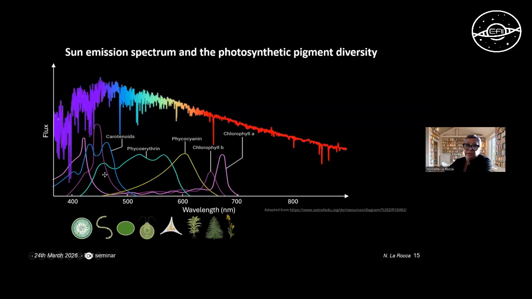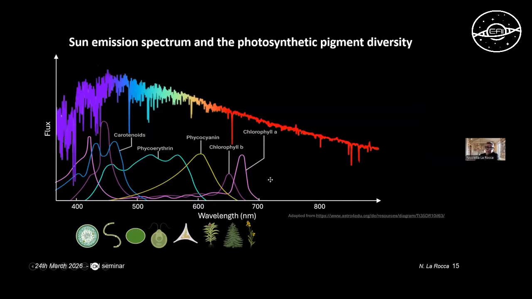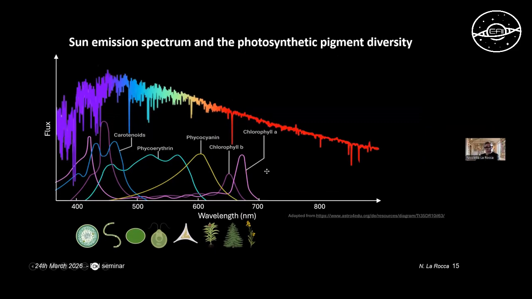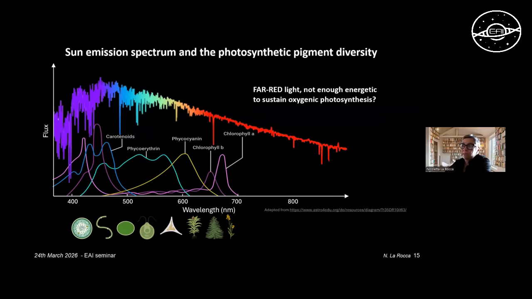Putting all together the pigments that have evolved in the different photosynthetic organisms, we can see that the entire visible part of the sun spectrum is covered, to utilize all light niches on Earth. And light above 700 nanometers was considered not energetic enough to sustain oxygenic photosynthesis. However,